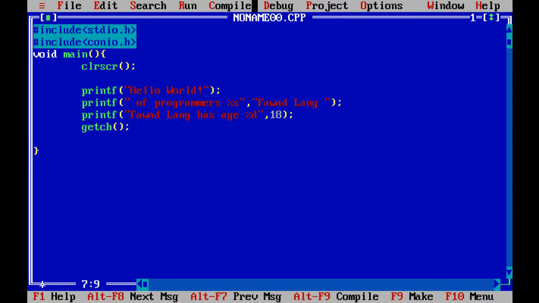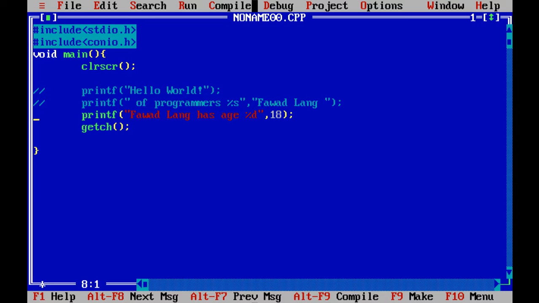What have we learned so far? We have learned comments. We have commented these two lines, and only for long has 18 will get printed.